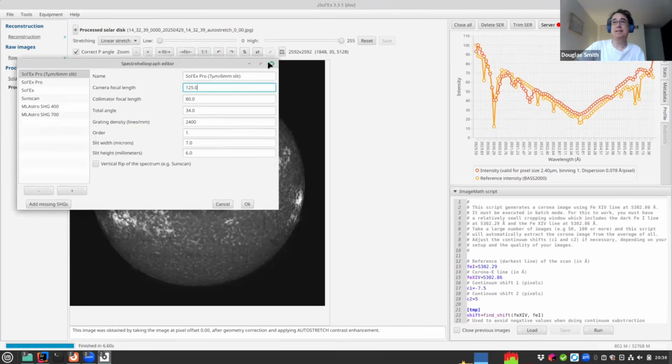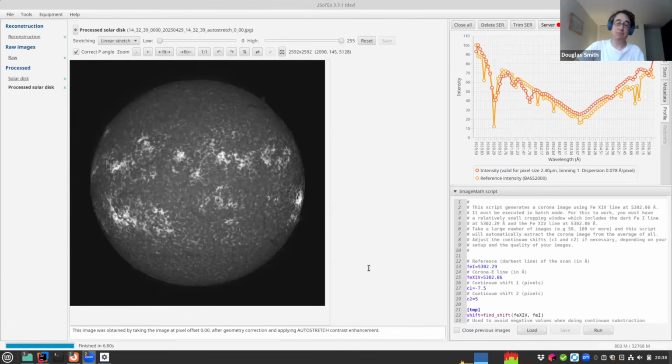Yeah. Because my experience is that what I call the theoretical dispersion, based on the mathematical geometry of the spectrometer, is close, but it's off by a few percent. Yeah. Mainly, I think, because the focal lengths of the lenses that you use aren't exact. Like you use a lens that's 100 millimeter in focal length. It's not really 100 millimeters. It's 102 or 105. So therefore, the calculated dispersion is, I think, good within 1 to 5%,